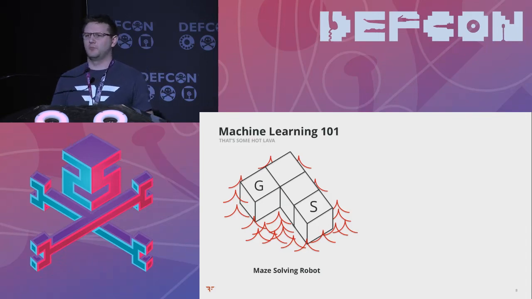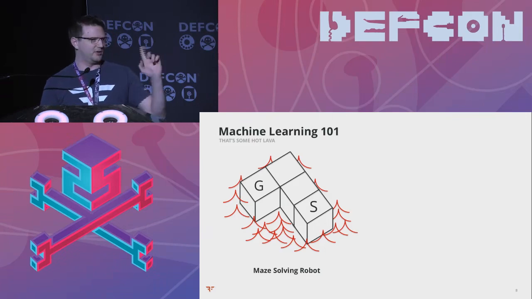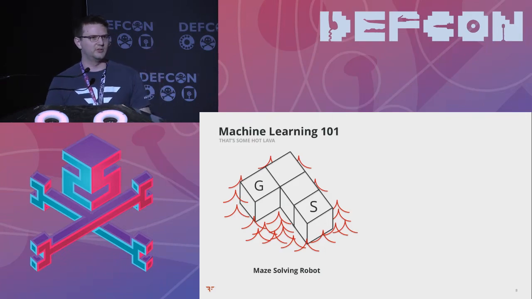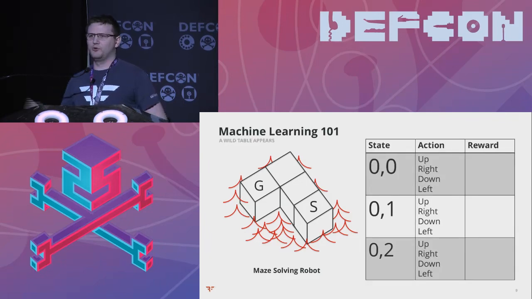So suppose we want to solve a much simpler problem. We want to solve this maze right here. We want to make a robot that can go up and over and solve the maze and not fall into the lava, or, depending on how you look at it, angry red birds. They're lava birds, really. Yeah, a lot of birds, so it would hurt. Yeah. So behold the table.